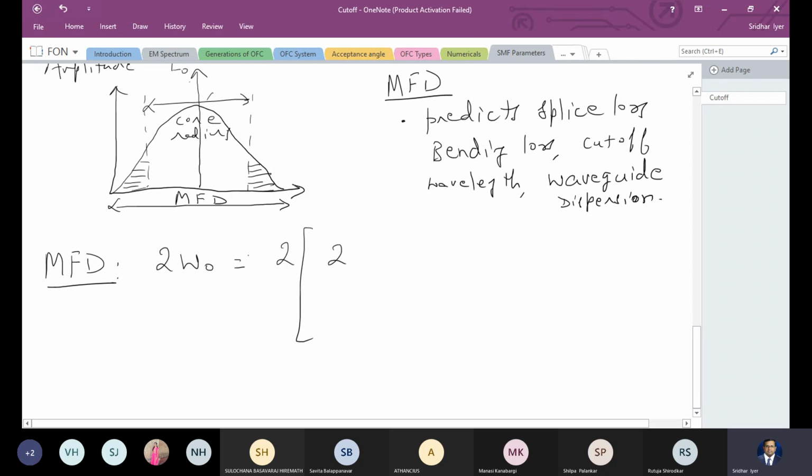So you have twice an integral from 0 to infinity of E squared r cubed dr, divided by